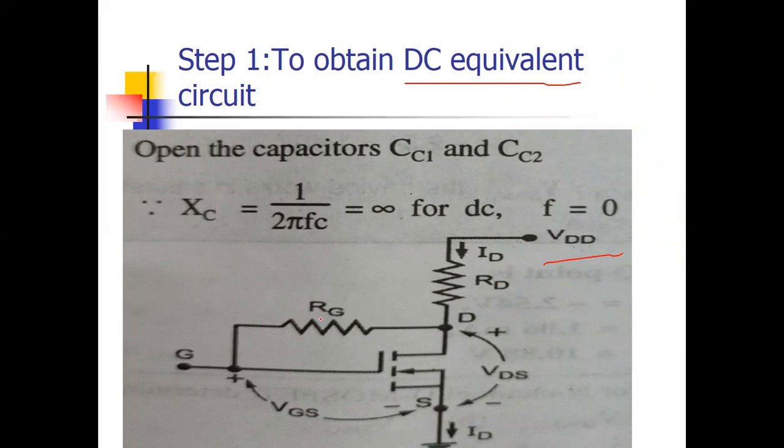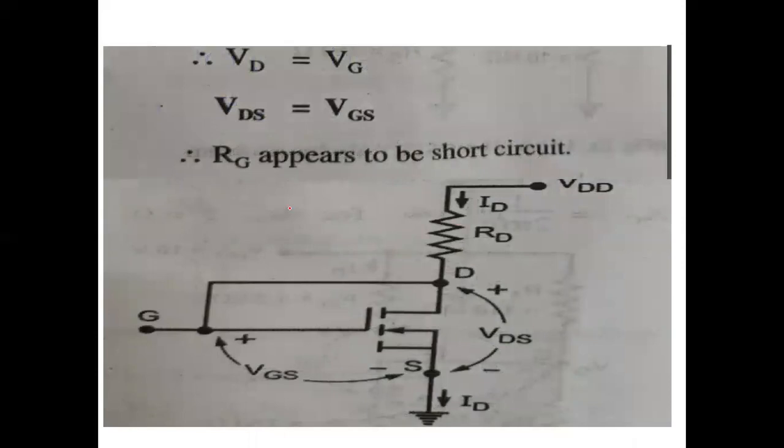Now, if you remember the basic difference between BJT, FET, JFET and MOSFET, it is the difference of current. In BJT there is some current in the base, but in FET, JFET and MOSFET there is no gate current. There is no drop here, which means it can behave like a short circuit. So your gate terminal can be directly connected to the drain terminal, and the circuit can be replaced by this.